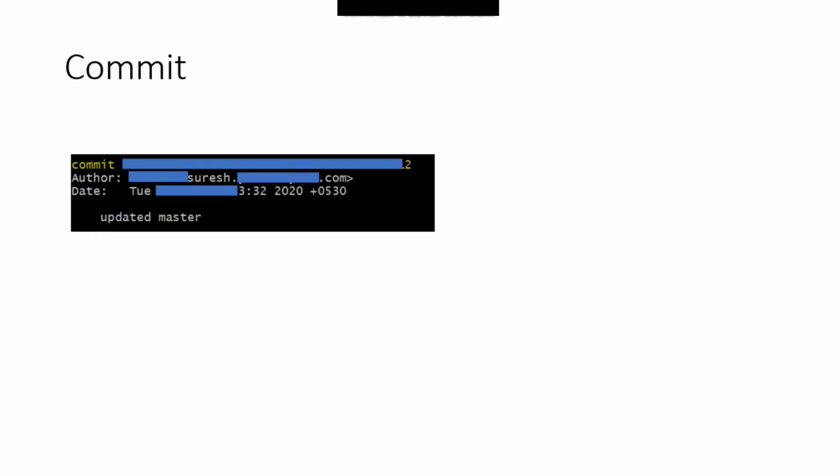Once you have done your task of changing a plus b to a minus b, and if you have done a commit, that commit will have the information about the committer, the one who made that change, the date when you made that change, and finally the message which you give for that commit. Basically we give a message to each commit, and I am going to talk about that, but for now just remember that there is a concept called commit in Git also, just like the commit which we often come across in our daily life. So there is a concept called commit in Git.